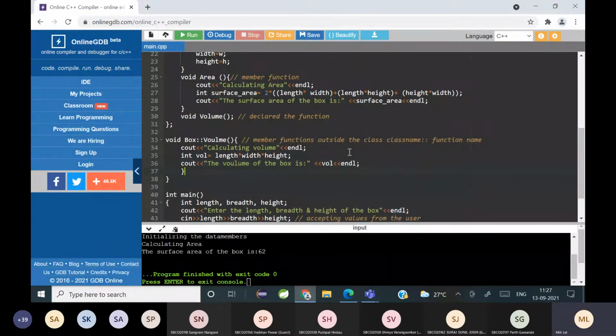So what have I done? I have written a function outside the class. So this is also allowed.